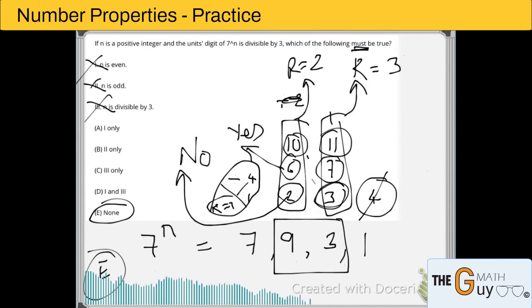What also happens is when you try to do it mentally in your head, thinking it's too easy, like for example, I didn't write this 7 9 3 1, the four patterns, and I try to think in my head directly that it should be divisible by 3, so 9 and 3, which means the second and the third place, which means the remainder should be 2 or remainder 3. I can do it, yes, but